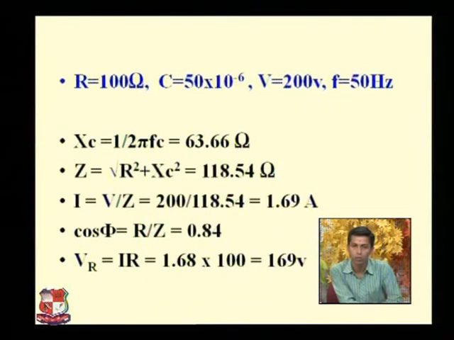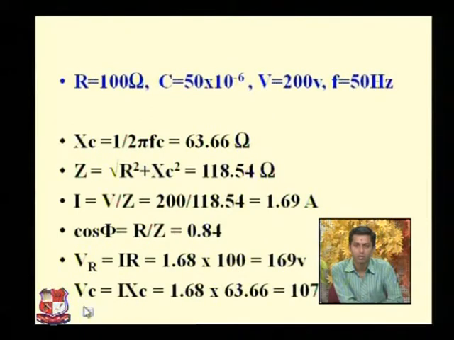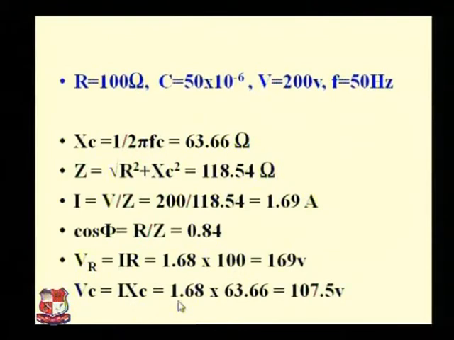Now last, to determine the two values, voltage across the resistor and capacitor. So V is equal to I into R gives the voltage across resistor, 1.68 value of current into value of resistor 100. We basically get 168. Here one mistake, 169. So we get 169 volt, and Vc equal to I into Xc. So 1.69 into 63.66, we can get 107.5 volt. So simple calculation and we get 7 marks.